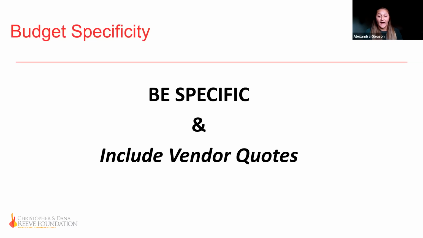We also ask, if you have them, to please include vendor quotes for the specific budget line items. Vendor quotes must be current at the time of application submission, and are strongly recommended for all equipment, services, and contractors. So if you're purchasing equipment or supplies from a website such as Amazon, you're obviously not working with a vendor who's going to provide you with a quote. We do also accept screenshots or price listings as well. They're all welcome.